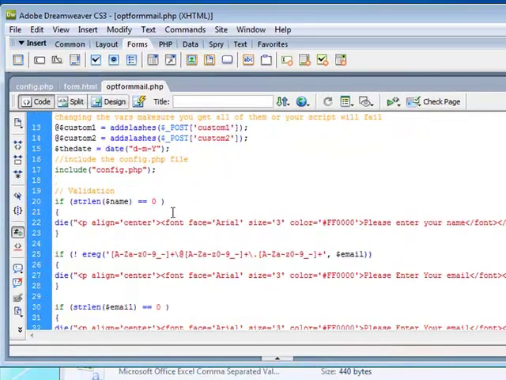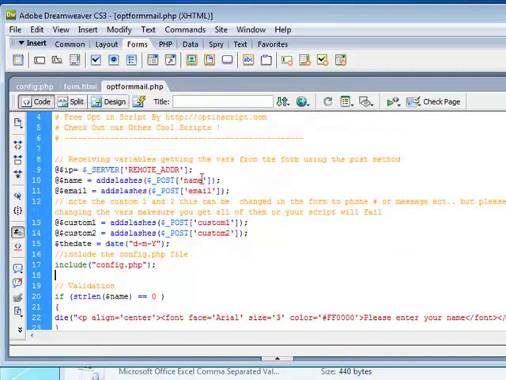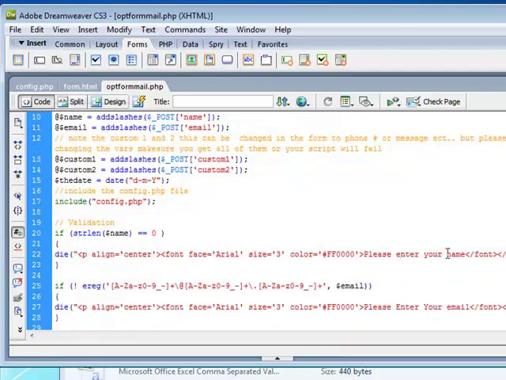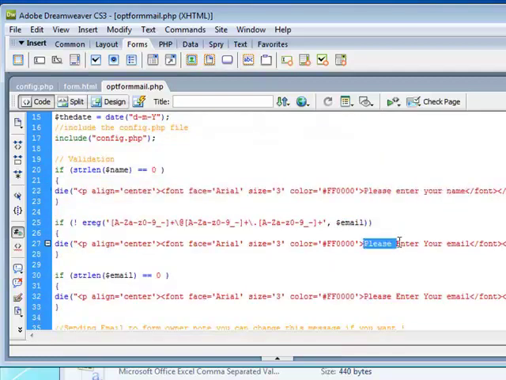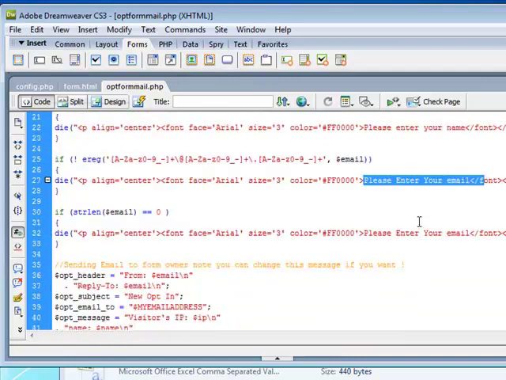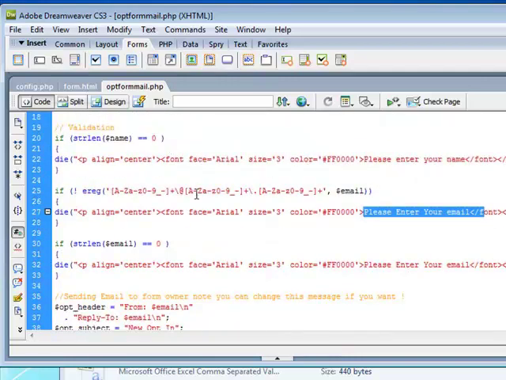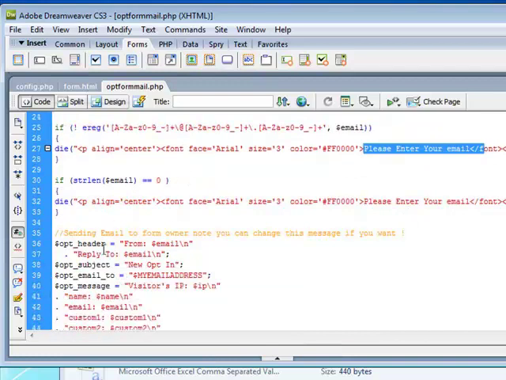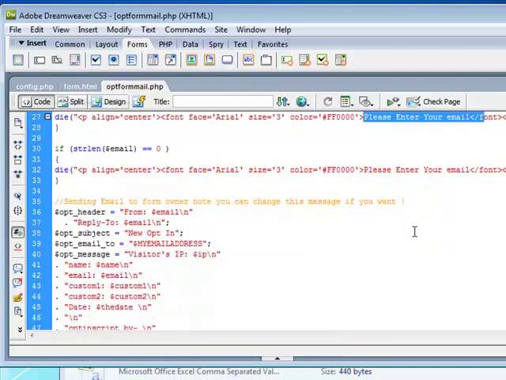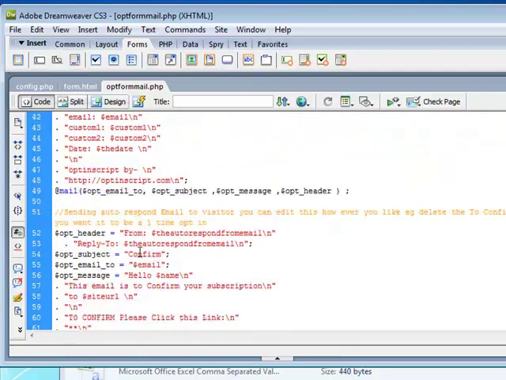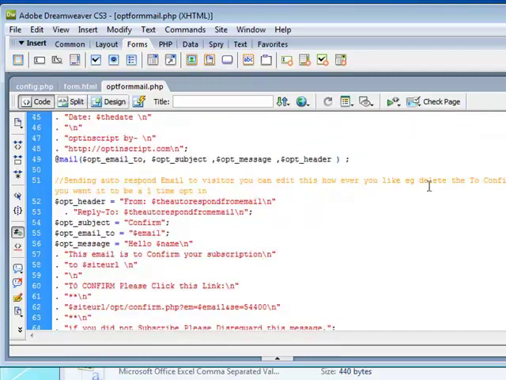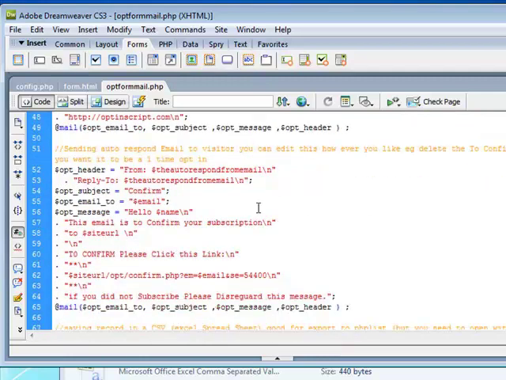So basically, I made it required that you need a name and you need an email. So if a name doesn't exist, it's just going to fail and say please enter your name, or if it's not a valid email, it's going to say please enter your email. But if there is a name and an email, then it's going to send an email to you, right? Optionally, it can send an autoresponder to them with a confirm your subscription link,